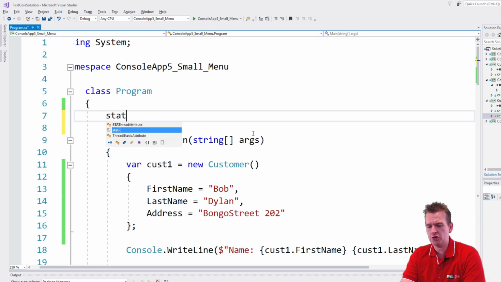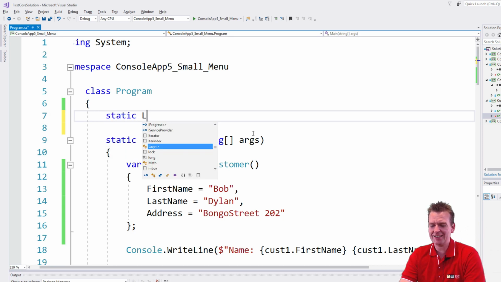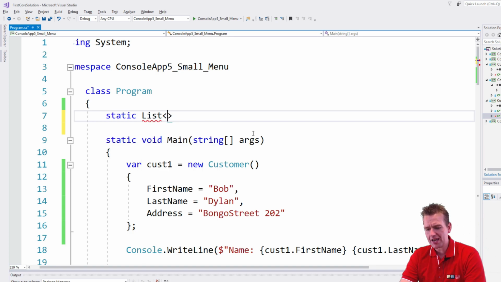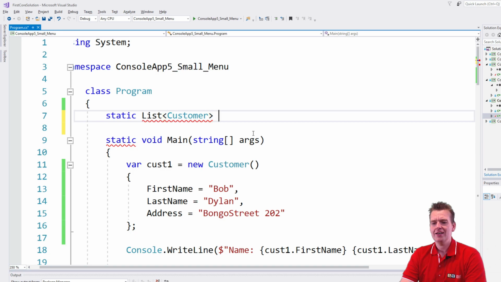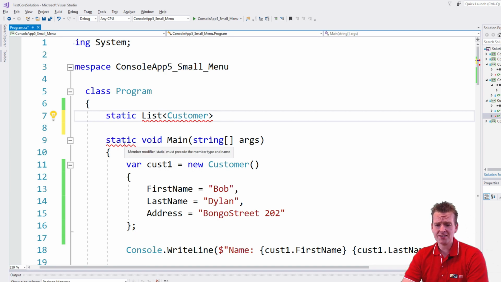And the way we're going to do it is we're going to create a static list up here. Again, we need to make it static. That's actually only because right now we're working inside the same file or the same class as our main static method down here, and we're going to use it in there. So we have to make this static, as long as we want to keep using it inside the main function and that's static,